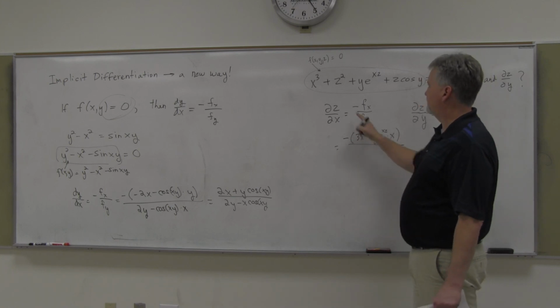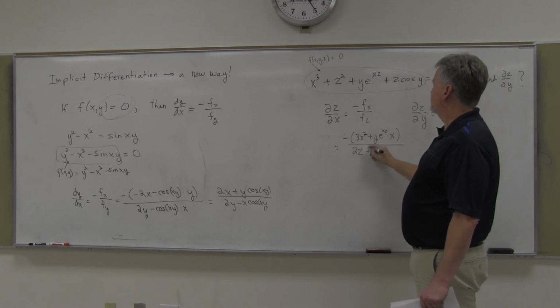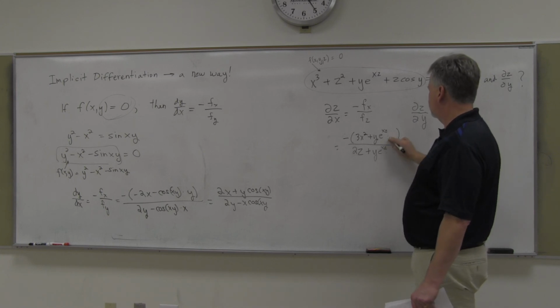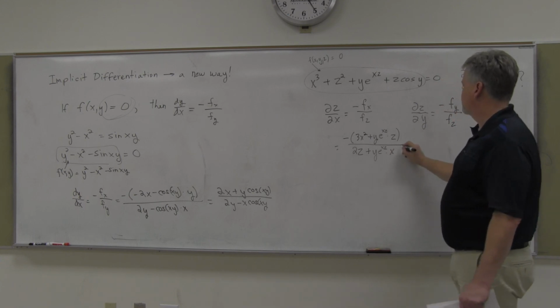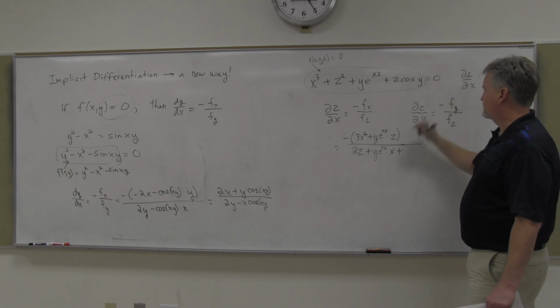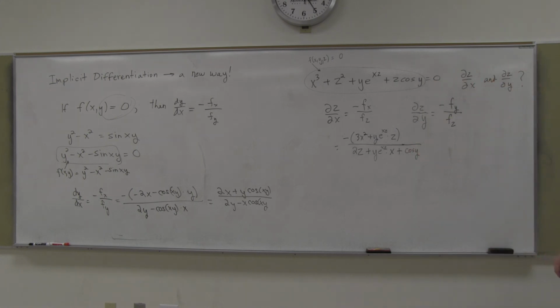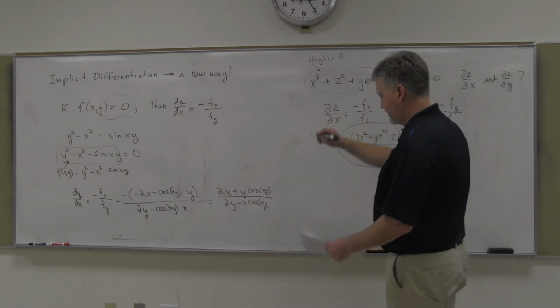And then the partial of f with respect to z, so that's 0, 2z plus y e to the xz times x. Oops, this should be z. This is x. And then cosine y is constant, so it's just cosine y. Anyway,